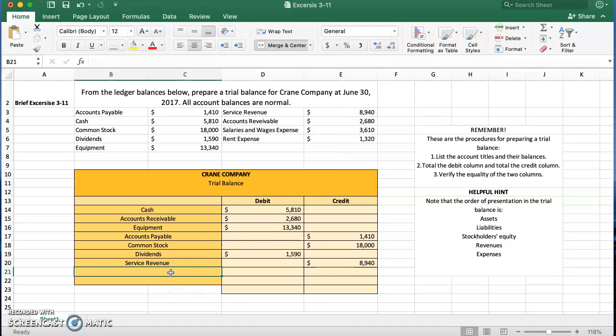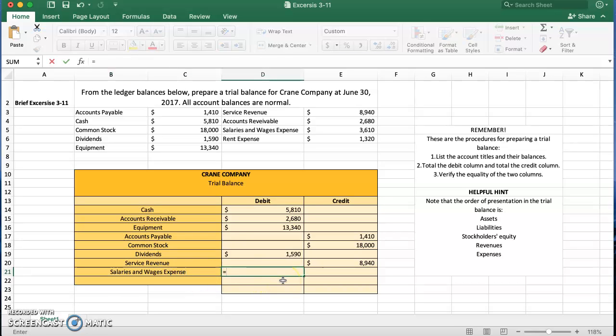And then our expenses go under salaries and wages expense, and that's going to be under debit, $3,610. And then finally we do our rent expense, which is also going under debit, which is $1,320. Okay, so now that we have all the information input, we are going to total all of